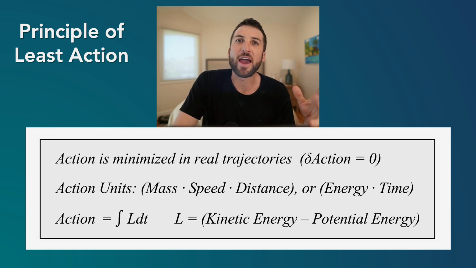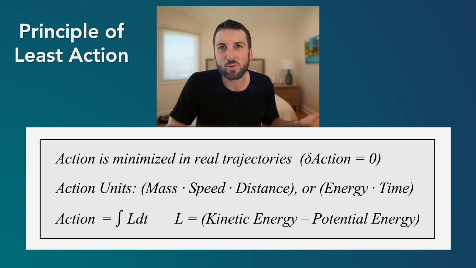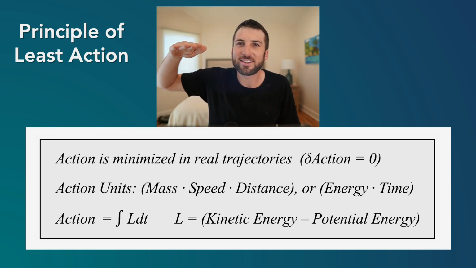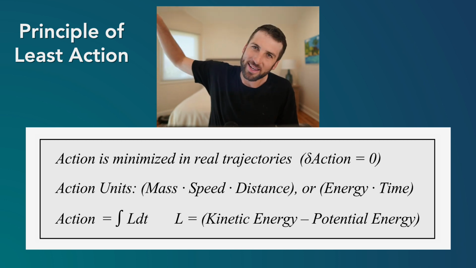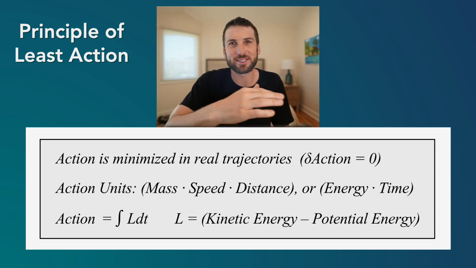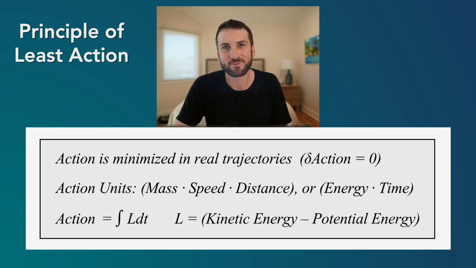Another example is the energy over time. Given a time interval, which trajectory would minimize energy, right? If you have water, water is not naturally just going to creep up a hill and increase its potential energy. It's going to want to decrease its potential energy, right? It's going to want to move down. So basically, the energy is going to want to be reduced for a given amount of time. And this can explain lots of the patterns we see in nature. Basically, everything at its core is really trying to minimize action.